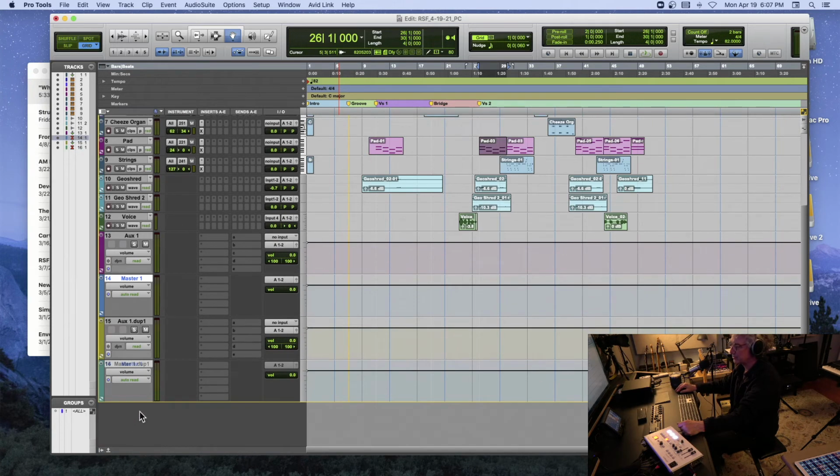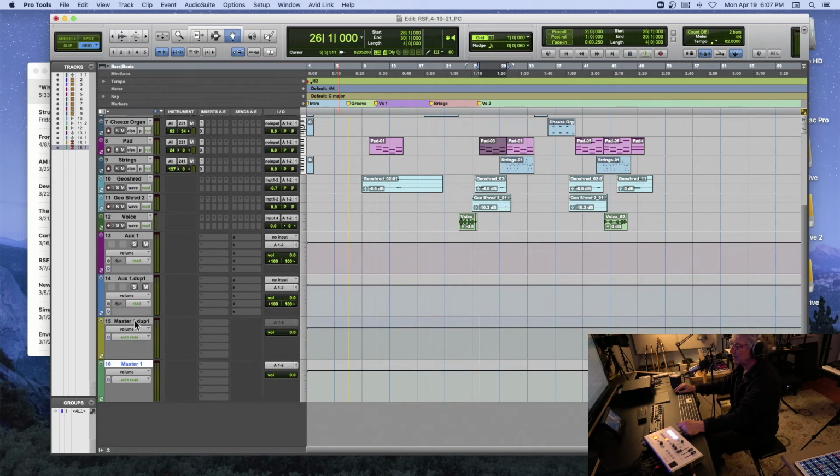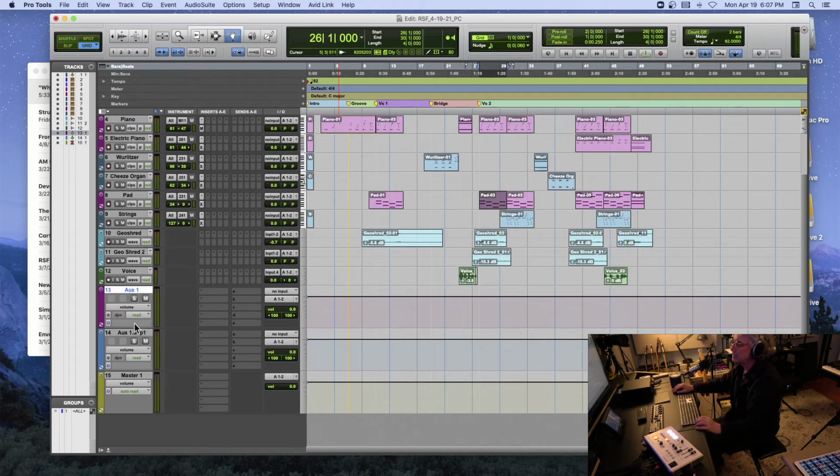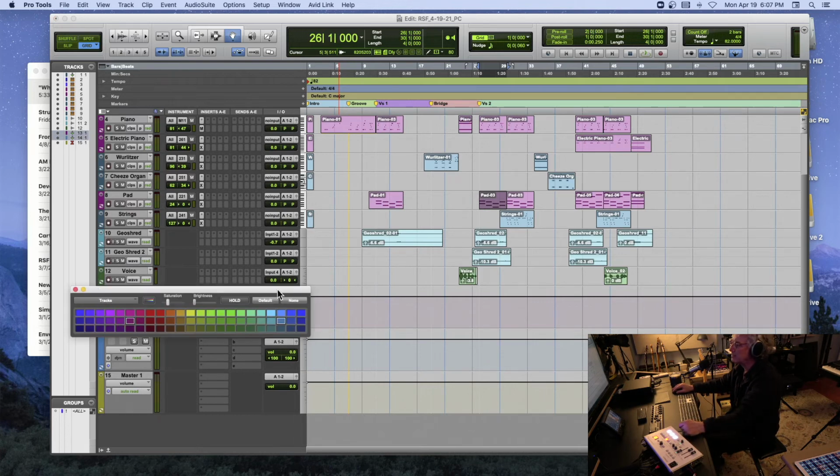And drag the master fader so it's at the bottom. Oh, I duplicated the master. Well, I don't want to duplicate that. Let me delete that. I only want one master fader. Okay, great. And I'm going to take both of my AUX tracks, and what I typically do with these is